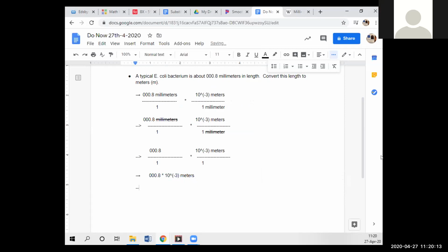He's hilarious. Is that asterisk for multiplication? That's for multiplication. All right, I'm gonna just put an X. That's fine too. So negative, it's 10 to the power, 10 to the negative third power